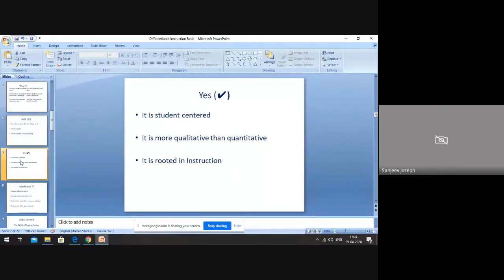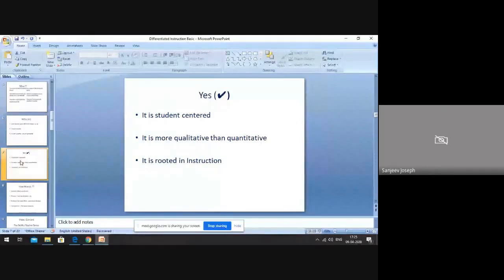The second point is that it is more qualitative than quantitative. We all know that we need time for our syllabus to be completed. We have a lot of portion to be done. When we go to higher classes, we can see that. But we should also be thinking, when the presentation of something has been done to the children, whether it has poured into their understanding, or whether they have understood the concept or not.